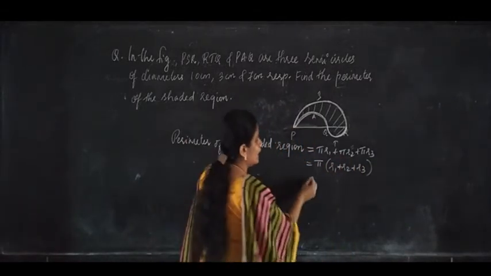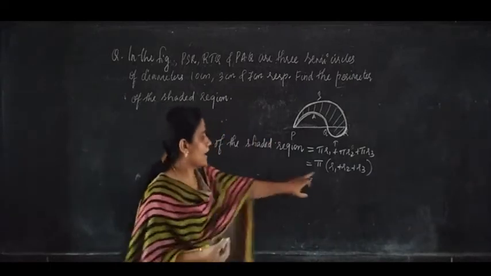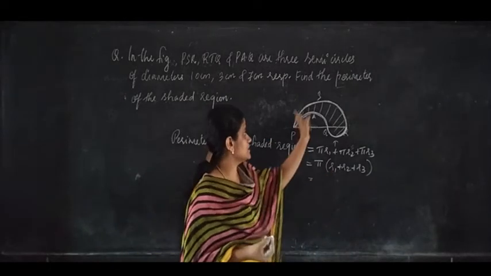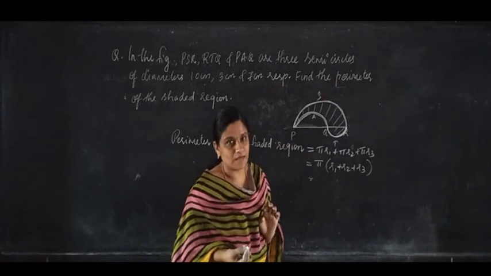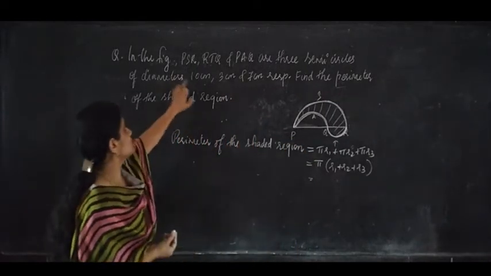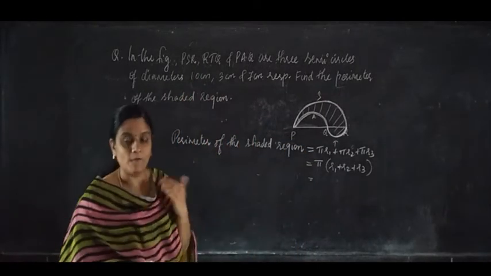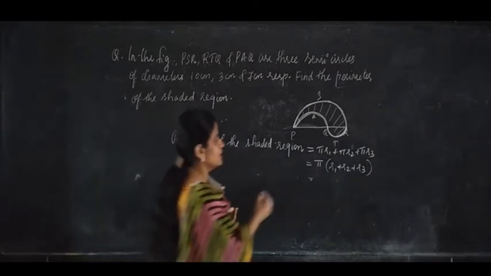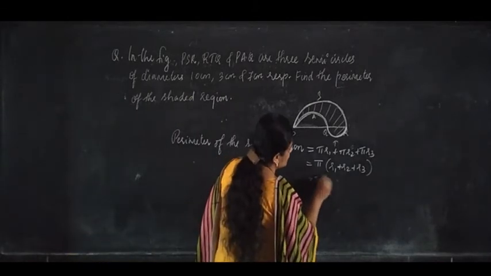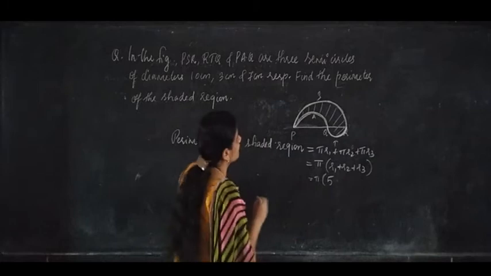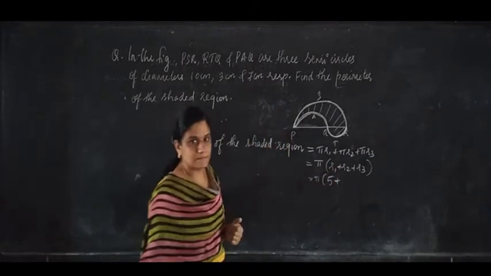Clear? Now R1 is the radius of this semicircle PSR. What is the diameter of PSR? 10. So what will be the radius? 5. So how can you write? Pi into 5, plus